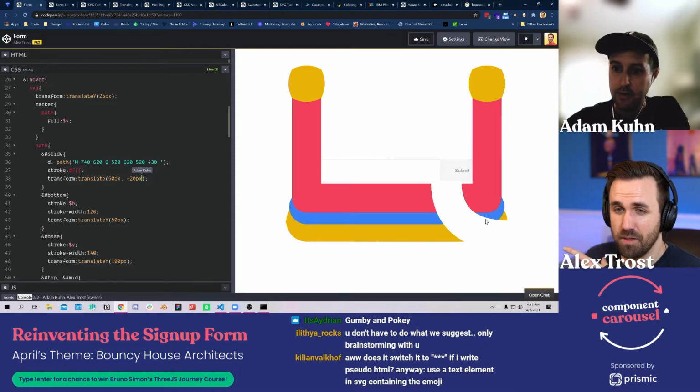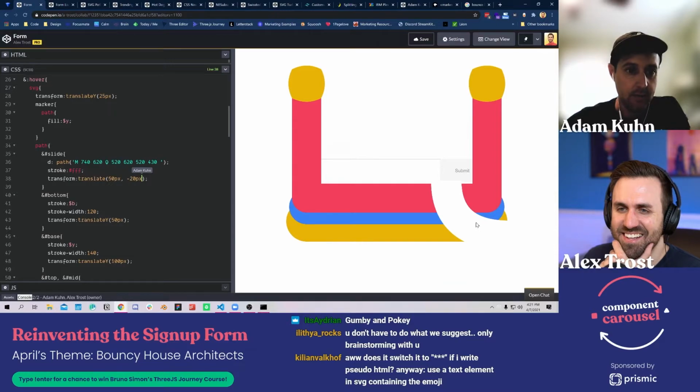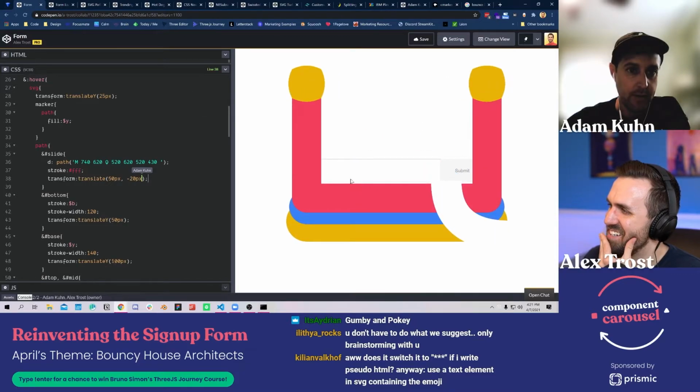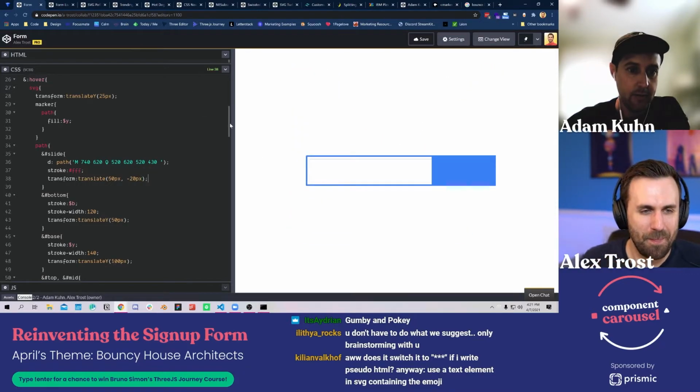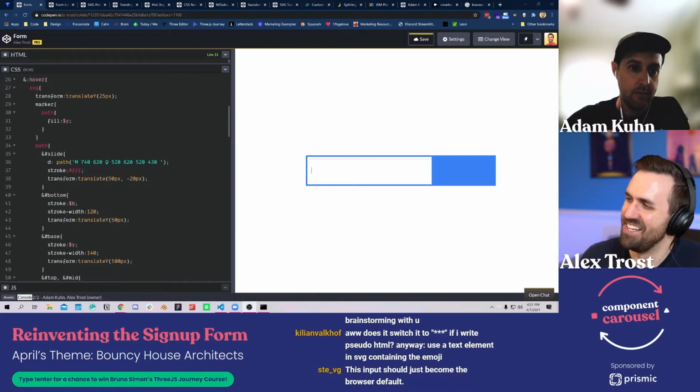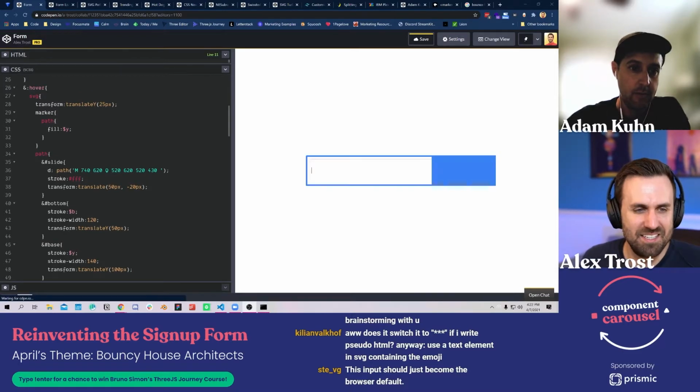Oh, so you're gonna move them along this actual path. Yeah, right. This is such a cool concept. Let's head to our, and I'm gonna just throw in these spans right now, just so we have some dummy content.